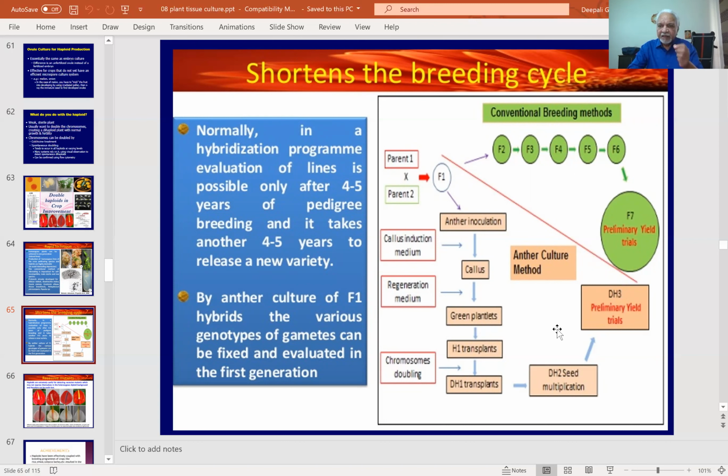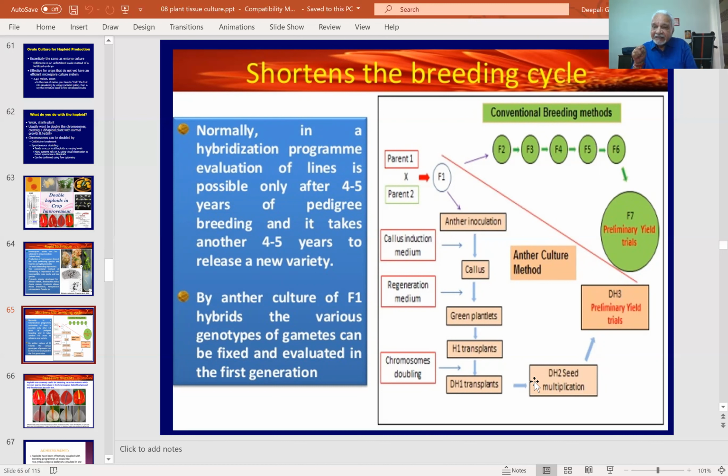And it takes another 6 to 7 years from this stage to release the variety. So the total time taken to release a variety is 12 to 13 years. It's not simple. But once this discovery was made, it became possible to reduce the time of varietal release by 6 to 7 years. If you see here, in one go you get the trait fixation, homozygosity is achieved, and then